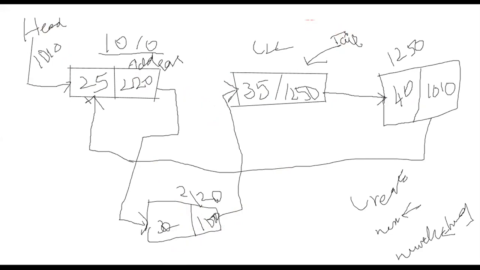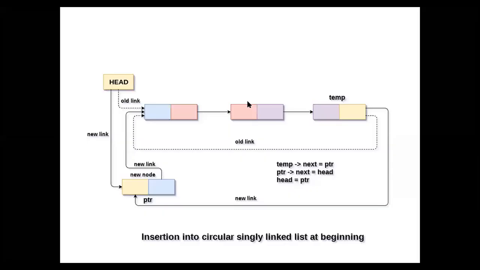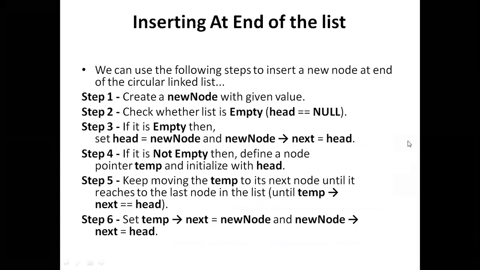So what are the operations that differ between single linked list and circular linked list? Adding the element at the beginning and adding the element at the end, the operation will differ. But adding the element in the middle, that means at a given position or after a given node, is the same operation. So the same logic you can write. Clear, guys? The algorithm is also the same. The code we can change a little bit, but the algorithm is the same. So already I told you, an algorithm is common for any programming language.